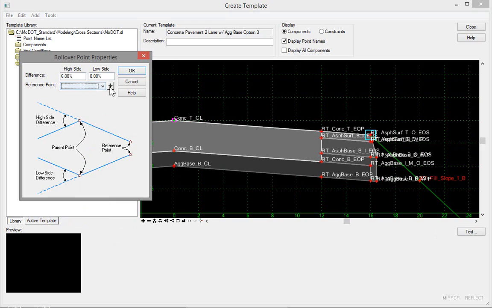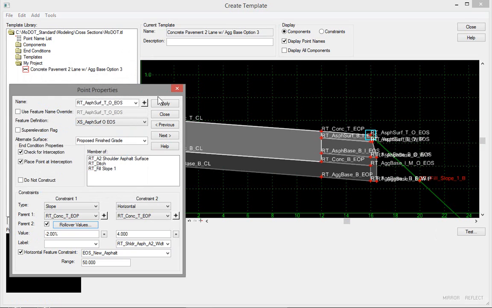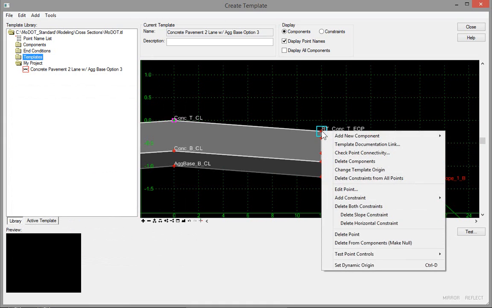Then we have to pick our reference point. I'm going to do this graphically, and you'll see that our reference point is going to be the center line of the road, where the parent point is the edge of pavement. So we'll pick our reference point here, and then we will say OK to that, and apply, and close. And so now when we test our edge of pavement,